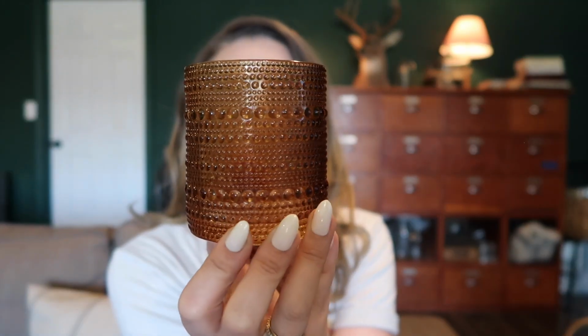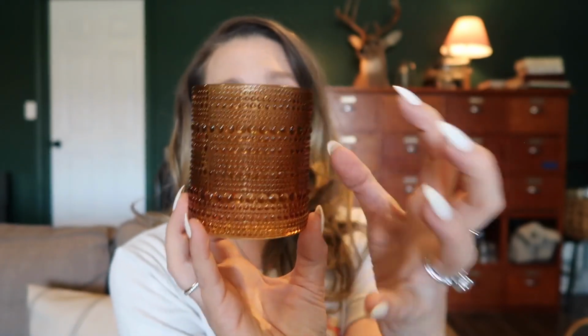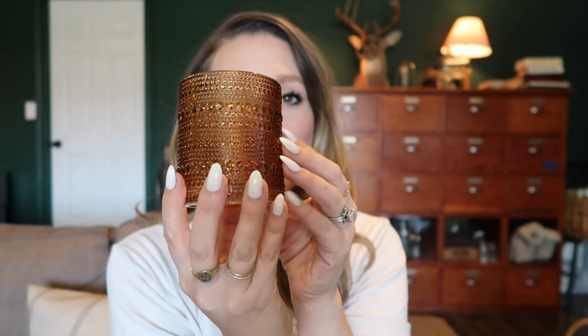Again, building up the color palette, I got these. And these, I broke my rule. I broke my dishwasher safe only rule because these are just so cute. Look at this. I mean, they are so fun to hold. It's very tactile, like ASMR. I enjoy them. And again, timeless, stunning, building the color palette. Just a super, super obnoxious point that these are hand wash only. I don't think they're painted. They don't appear to have any sort of film to them, but I loved them so much that